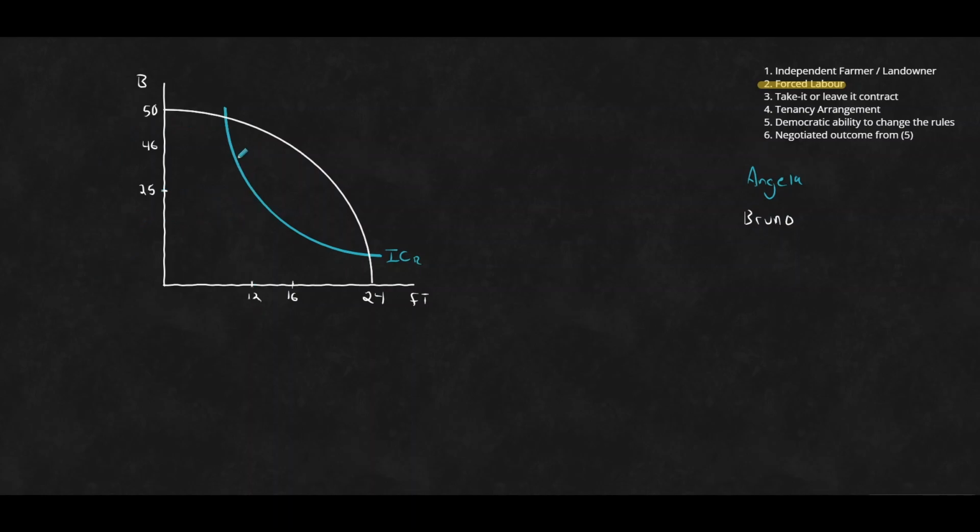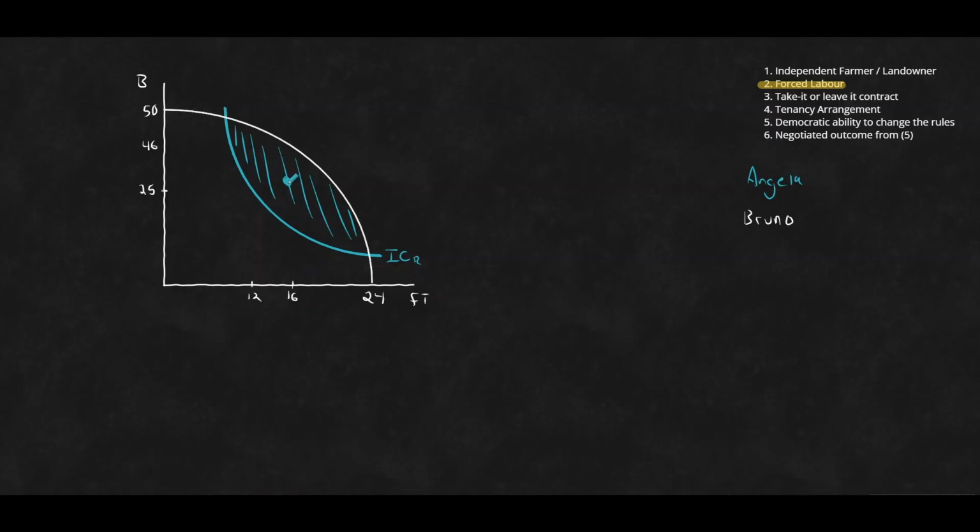What this really means is that Bruno has a feasible set of the amount of hours he can make Angela work and the corresponding amount of wheat that he gets, based off of this area here in between the production possibility frontier, the white line, and Angela's reservation indifference curve, the blue line. This in-between area, we call the lens of mutual benefit, such that ultimately anywhere in here, say we were able to find a point